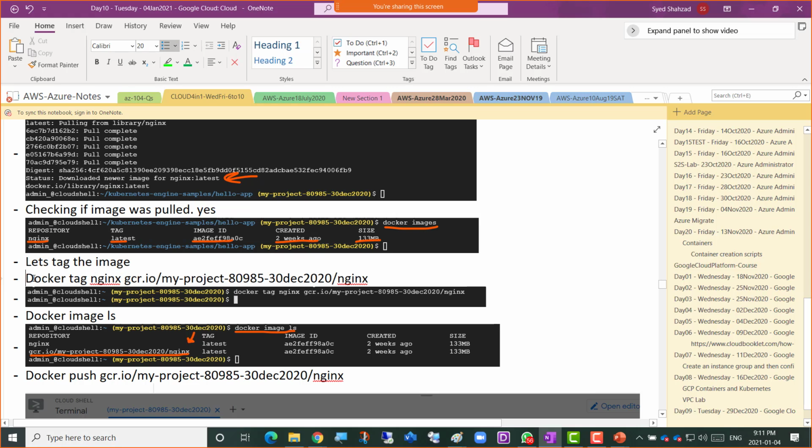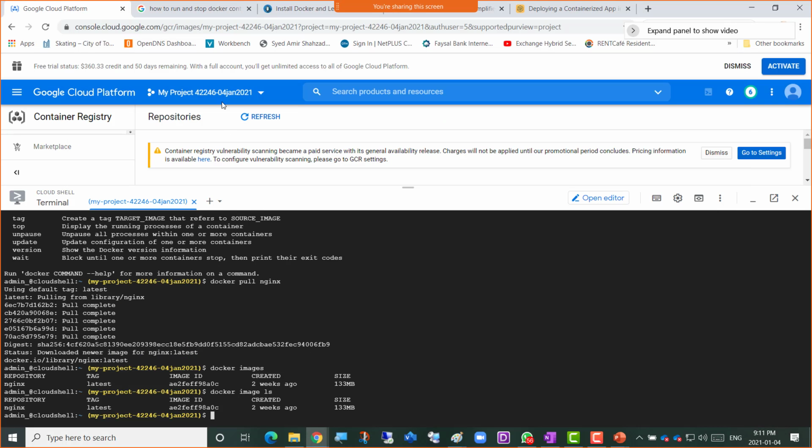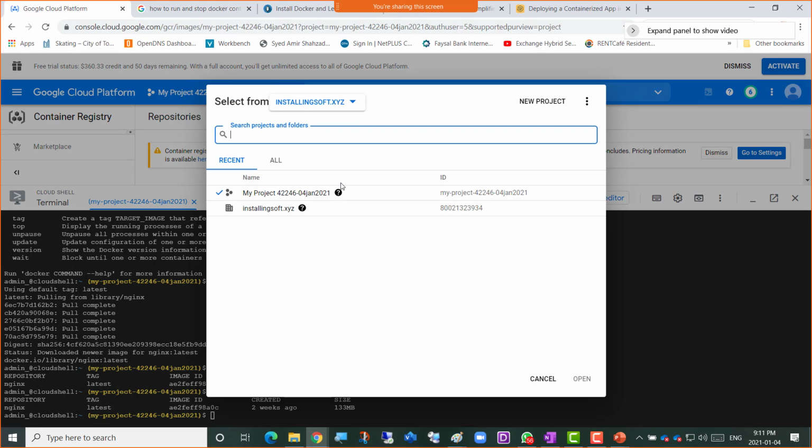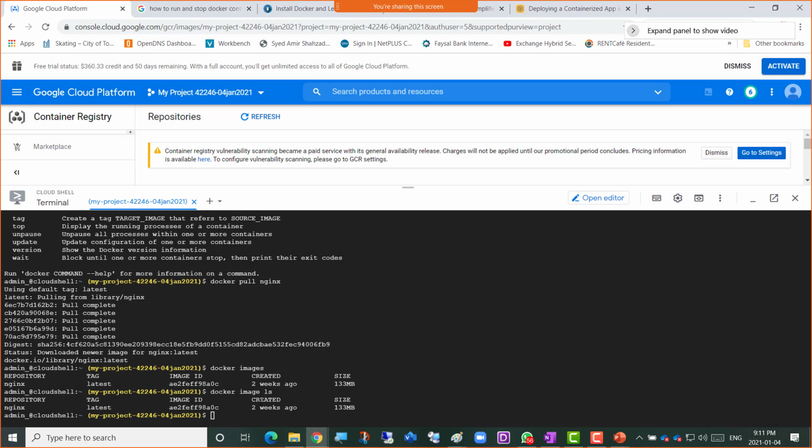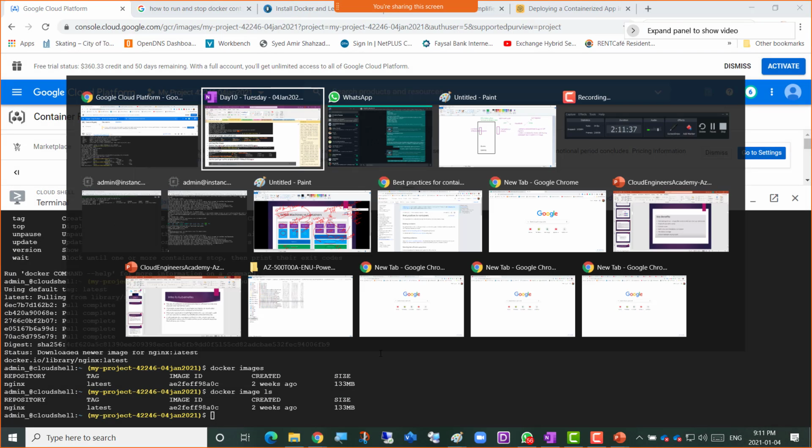Now this is a full command that needs to be run, but obviously with the correct project name here. So I'm going to go for my project name here. This is the project. I'll go here and I'll try to grab this and somewhere else,